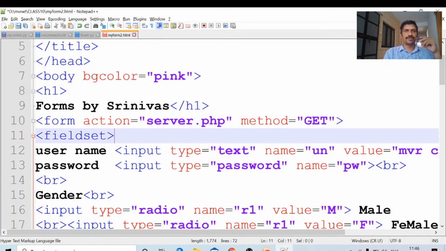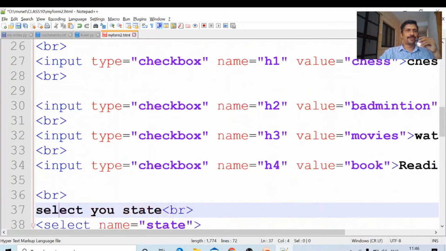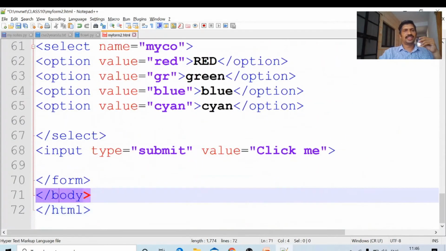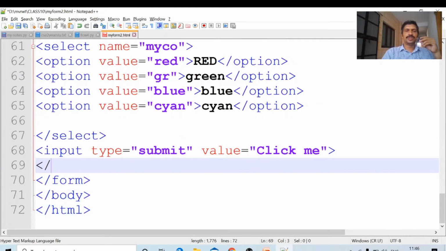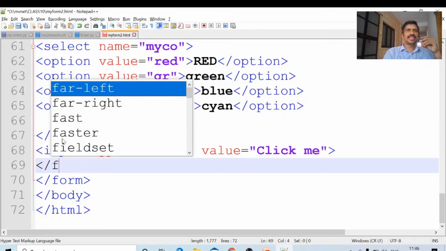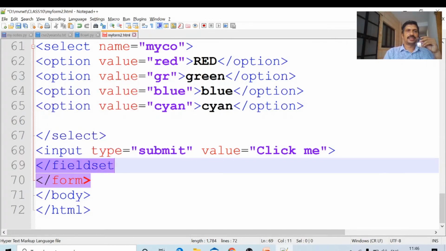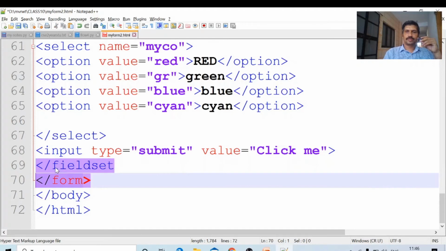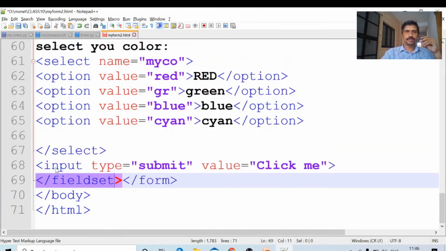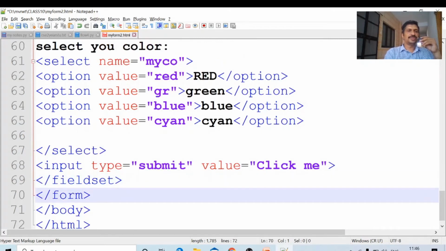At the start of the form I am placing the element fieldset. At the end of the form, I am closing that element slash fieldset. Okay, one box will come around all the elements. Fieldset slash fieldset, Control S.